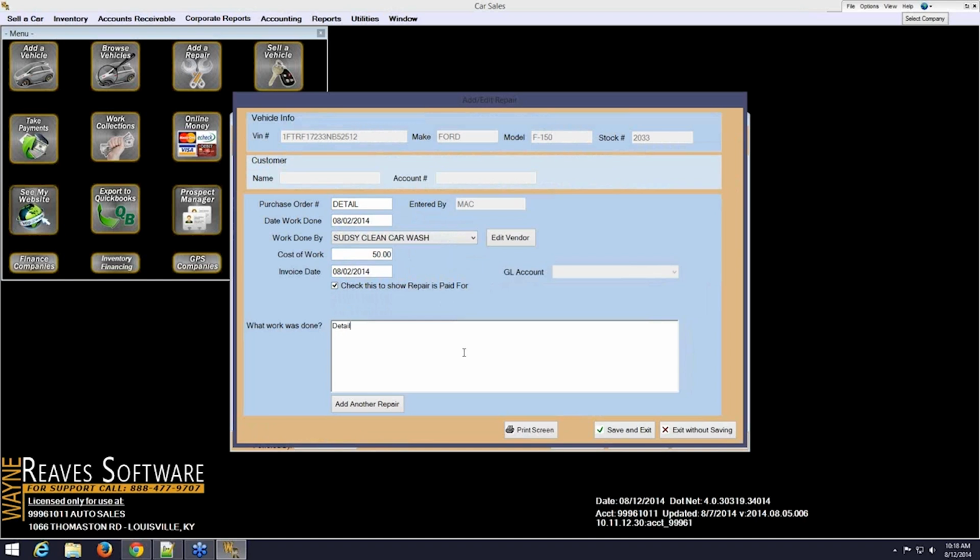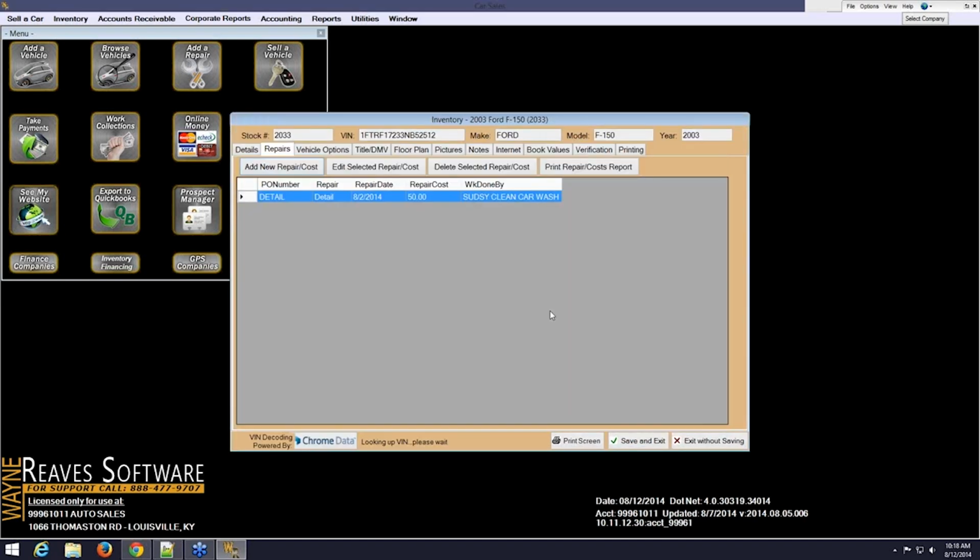Detail, wash and wax, that kind of thing. And you're going, wait a minute, detail isn't really a repair. And you're right, detail is not a repair. We use the word repair very loosely here at Wayne Reaves, and what we mean is any expense that you can directly attribute to the vehicle. If you spend $5 to list the vehicle on Craigslist, list it as a repair. If you spend $100 to have the vehicle transported from the auction to your lot, list it as a repair. Basically, any expense that you can directly attribute to this vehicle, list it as a repair, and we'll treat it